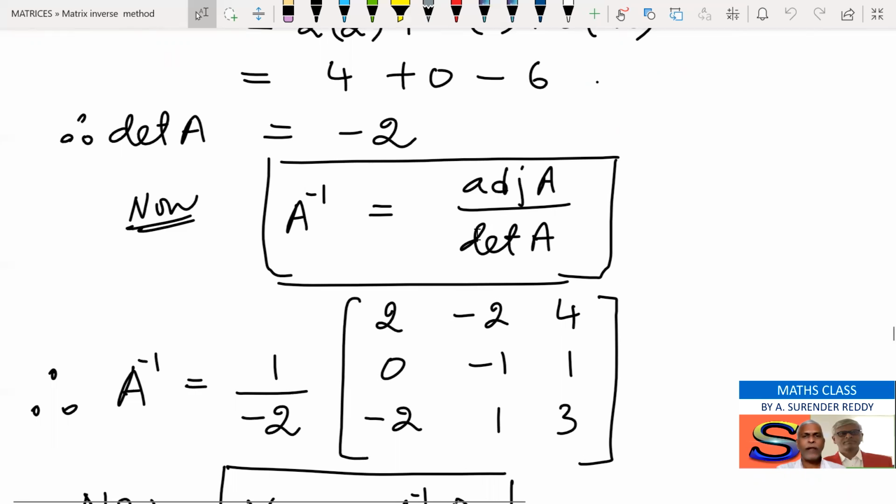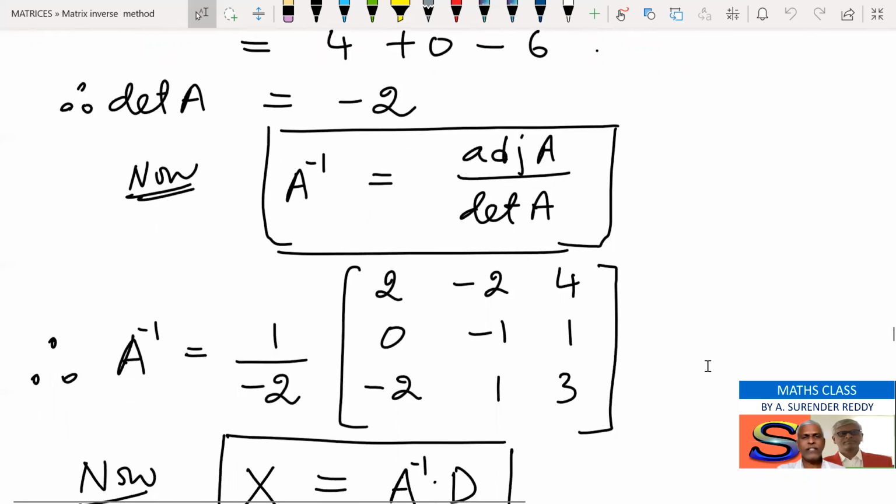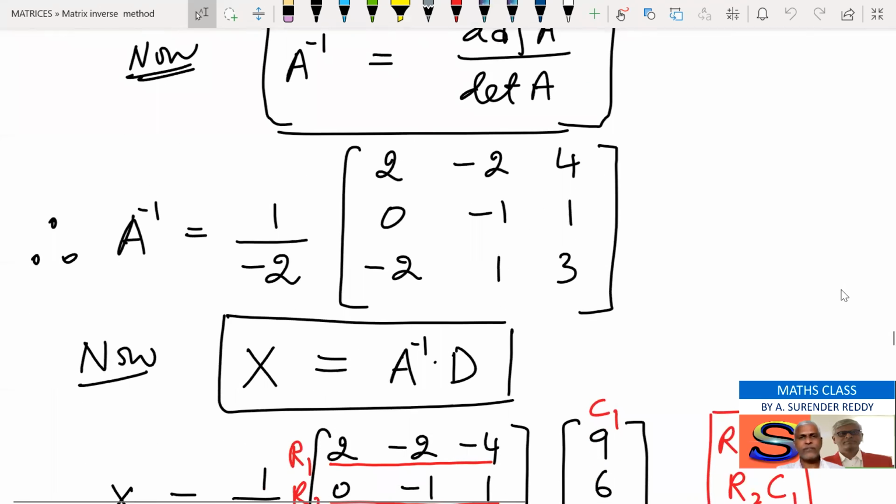So this denominator determinant can be written as 1 by the determinant. Instead of dividing the entire matrix with the determinant, it is easy to write the determinant just side by the matrix as 1 by -2. Here -2 is the determinant. After finding A inverse,